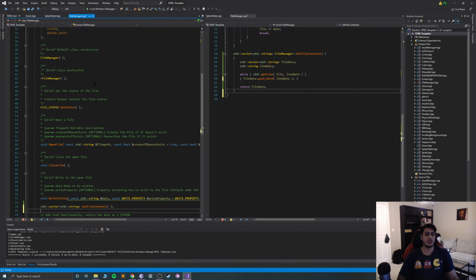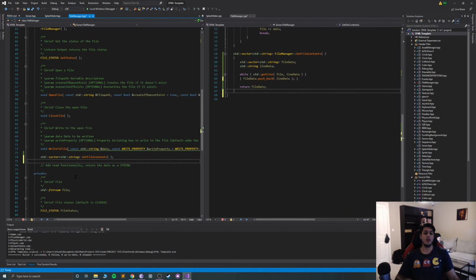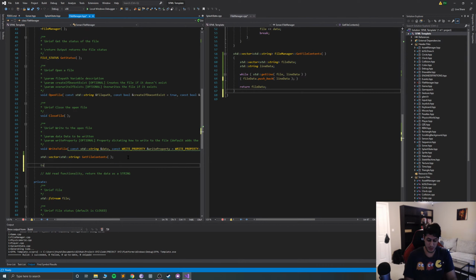Just trying to think what functionality we need. So we've got write to file, and we've got get the file contents. How about we just get a specific line? So for std::string, get line from file, and now we specify the line, const unsigned int